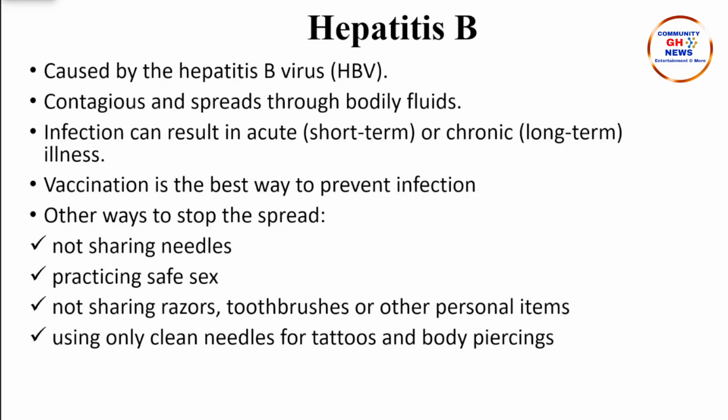It's mostly spread through bodily fluids, as I mentioned: blood, saliva, semen, mucus, discharge of fluid from the vagina, tears, ear discharge. So these are some of the bodily fluids that can aid in the transmission of hepatitis B. It can also be gotten through birth. So if a mother who has hepatitis B gives birth to a child, it can be gotten through the vertical route. So the child can also be infected with hepatitis B.